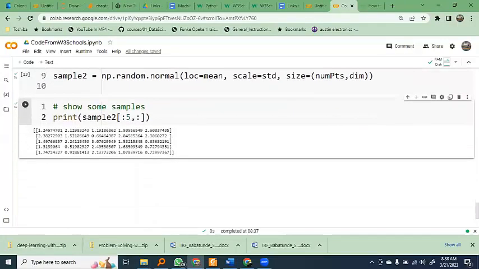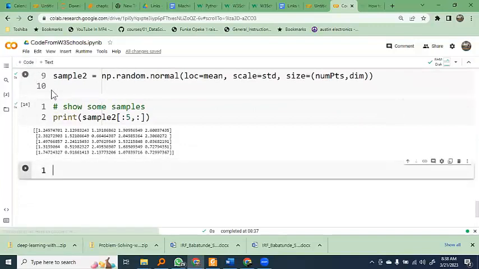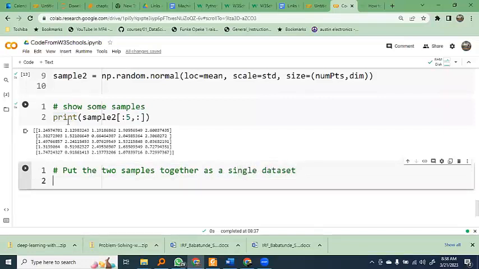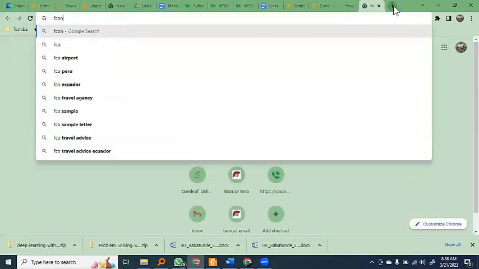Now I want to put all the data together. So I'm going to put the 2 samples together as a single data set. Okay. Now what I really have is 2 lists, and I want to concatenate those 2 lists. So I can look up here, concatenate